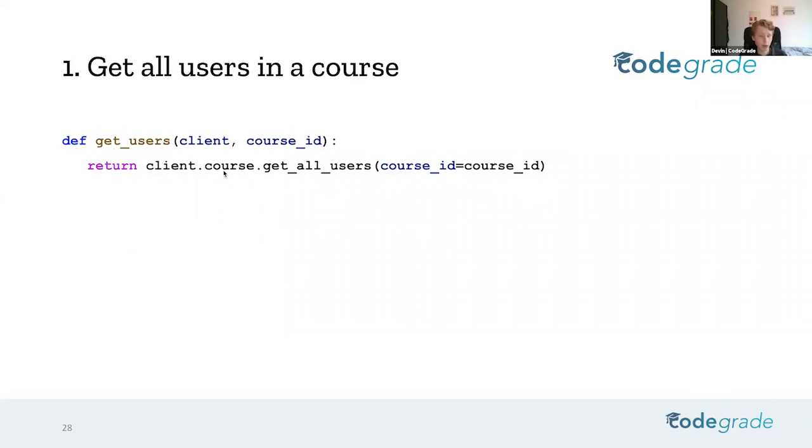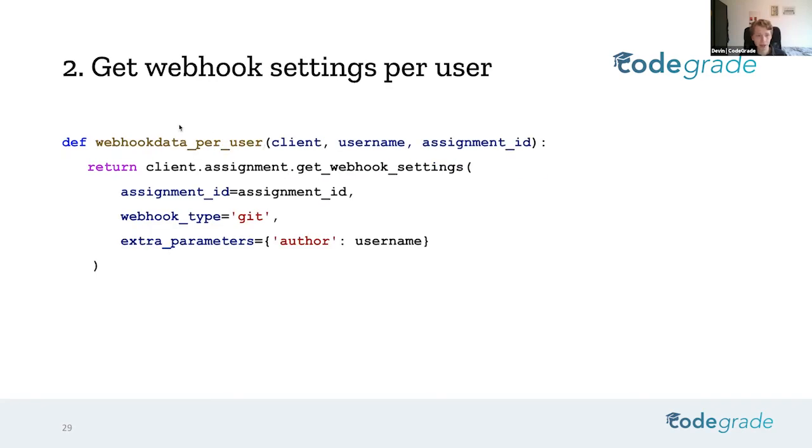So we say from this course, we get all users given this course ID. So from what we've done before, this should be pretty familiar. From the course, we say get all users and the course ID we give. Then after that, we have to find the webhook data per user. So this is a function that we call